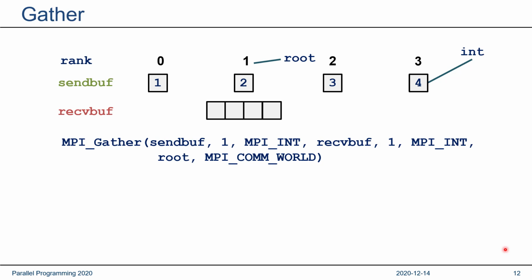So here we have an example. Each rank has a send buffer. In this case it has length 1. That's why the buffer length arguments here are both 1. The data type is integer,